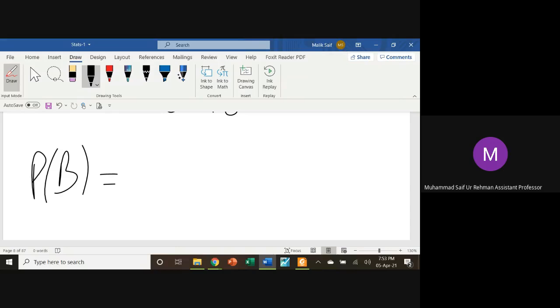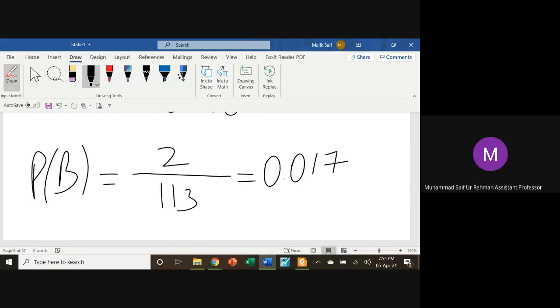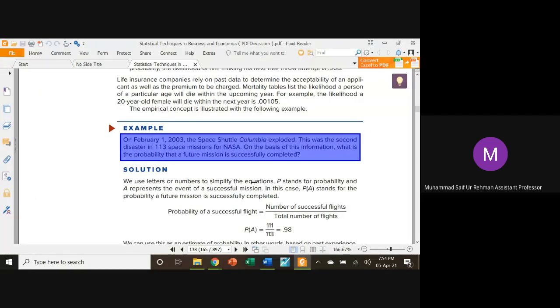What is B? B is the event that the mission will fail, that there will be a disaster for the future mission. It is based on past experience. In the past, out of 113, twice it occurred that the mission failed. So 2 divided by 113. If you have a calculator with you, you can find it out. The answer is 0.0176. So you may say that 1.77% is the chance that the next mission will fail. So very minute chances of disaster. Fine. In this way, you may take help of the probability formula for the case of empirical probability,